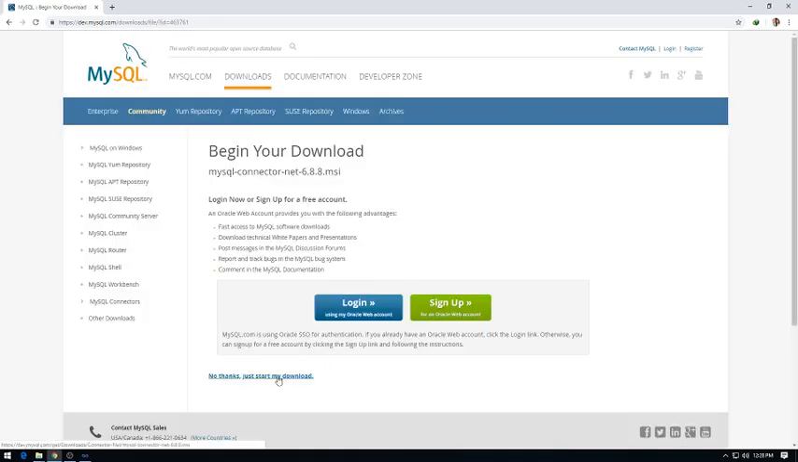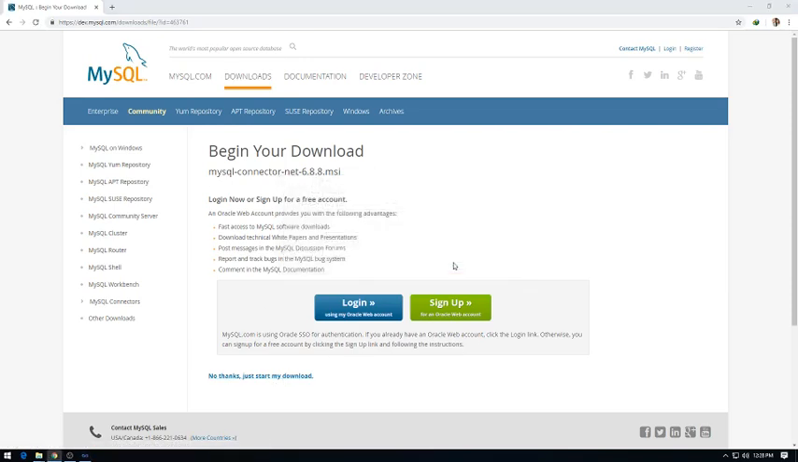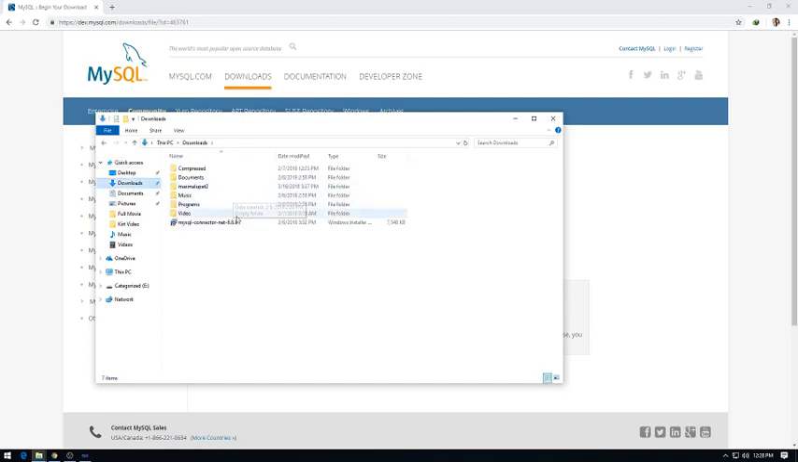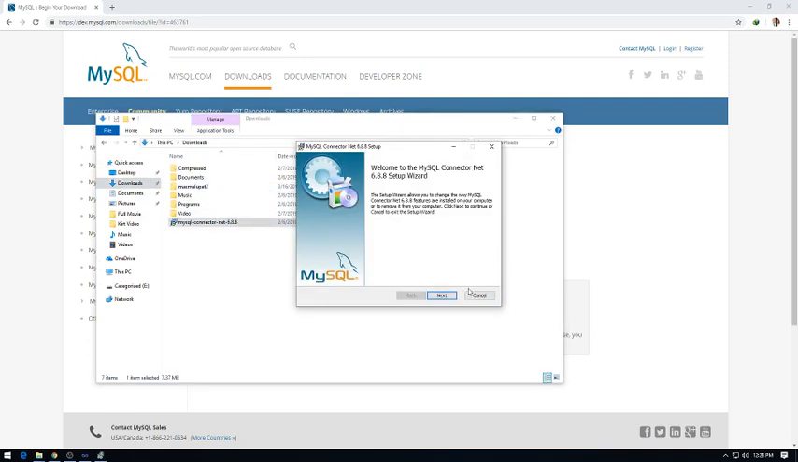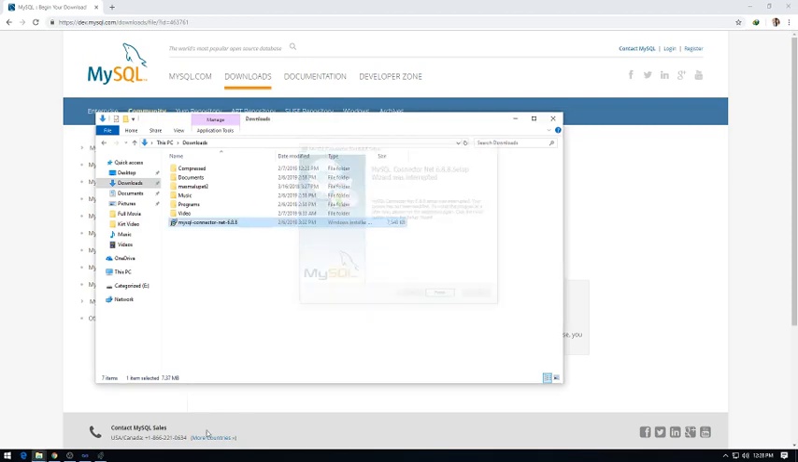Since I have already downloaded it na, just click no thanks just to start my download. Since na-download ko na siya, hindi ko na siya kailangan pang i-download. So ito siya, mapupunta siya sa download, then i-install natin. So hindi ko na rin siya kailangan i-install since na-install ko na rin siya. So continue lang, yes. So after nun,